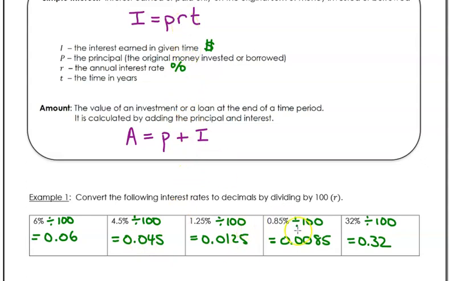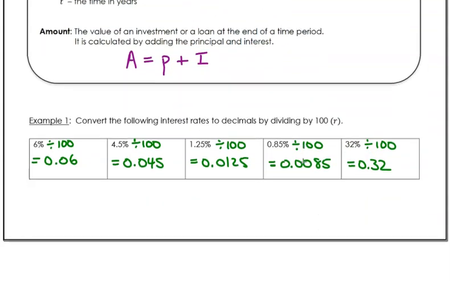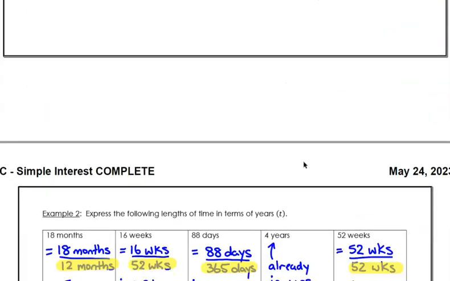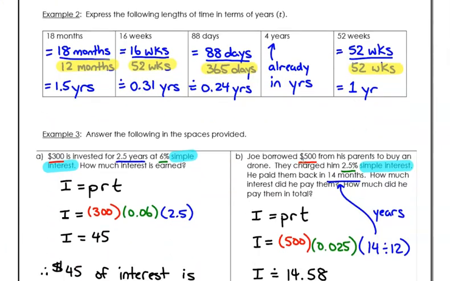Okay, so you can take a look at the others, but you're always dividing the percentage by 100, and that's the number that goes into your R always. Never ever put the 32% just as 32 into your R. You're going to get a ridiculous number for your interest rate, and I'm sure we'd all love to have that much of a reward, but we can't.